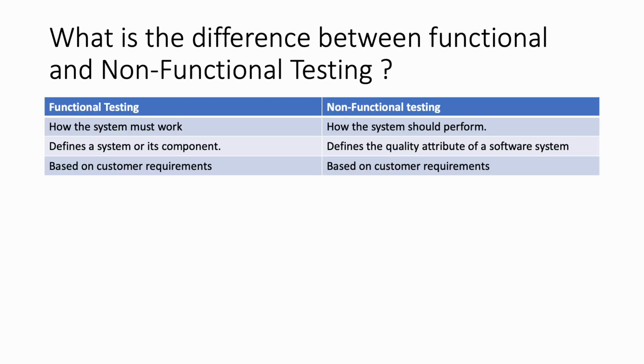Then the last question is, what is the difference between functional and non-functional testing? Functional testing checks the application's process against a set of requirements or specifications. Non-functional testing assesses application properties that are not critical to functionality but contribute to the end user experience, like performance and reliability under load. Functional testing ensures that the functions and features of the application work properly. Non-functional testing examines other aspects of how well the application works. Functional testing tests the functionality of an app. Non-functional testing tests the performance of those applications.